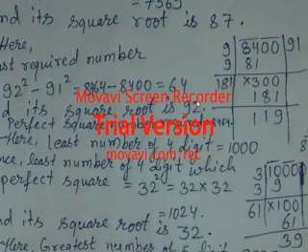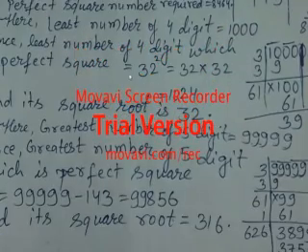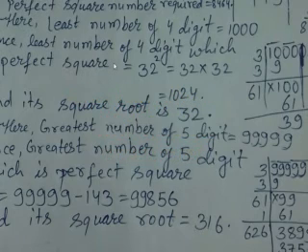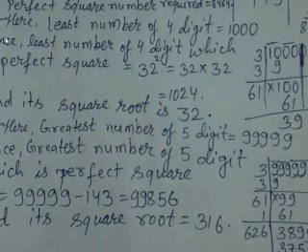So now I will be explaining the last questions of today. Maybe during the online class I will explain again from question number 18. So let's see question number 17. Find the least number of 4 digits which is a perfect square. Also find the square root of the number so obtained. It is the same as the last example, example number 10; the same as example 10 you have to do.